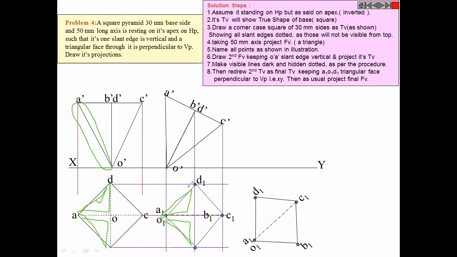Right now we have made this face perpendicular to VP. So we rotated in such a way that this angle becomes 90. See here, this line is rotated such that that face is now 90 degrees. Everything else is just reconstruction, that's it.